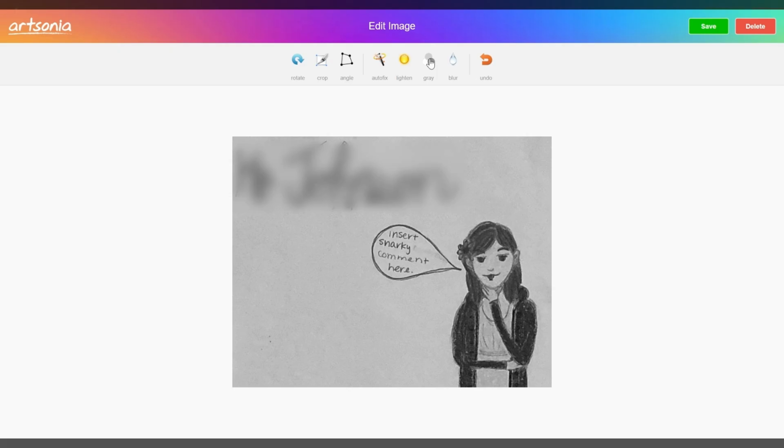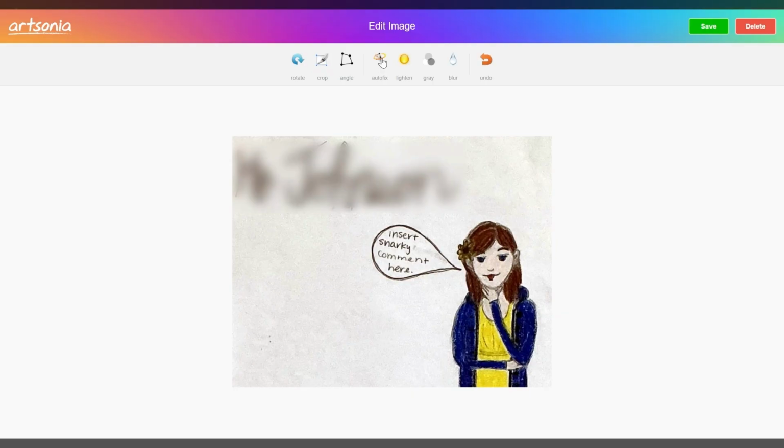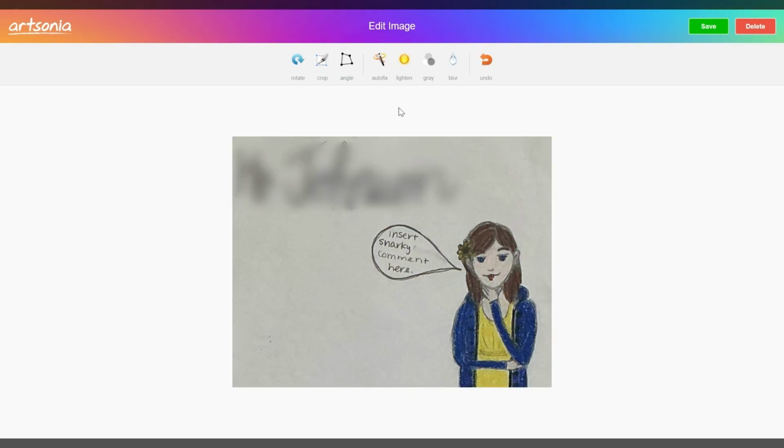There's gray if you want to do grayscale, and if I do something I don't want to do, I can click the undo button, goes right back. You can lighten, you can auto fix, just mess with the lighting a little bit. You have these kind of simple editing. Then you're going to click save,